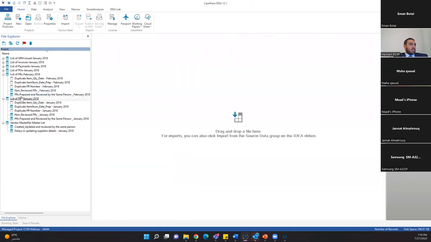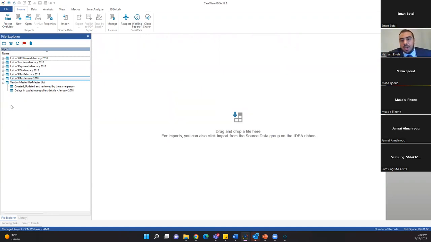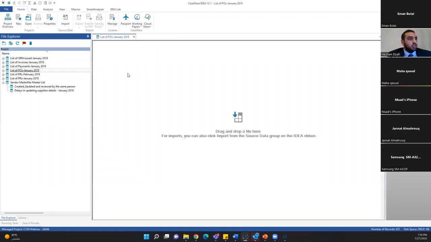The next area of testing that we can run is the PO process. And the PO has a lot of tests, because here we're getting into a more, let's say, official or more formal area, where again, we're dealing with external parties. So it's a little bit more complicated. So again, I've imported the list of POs,